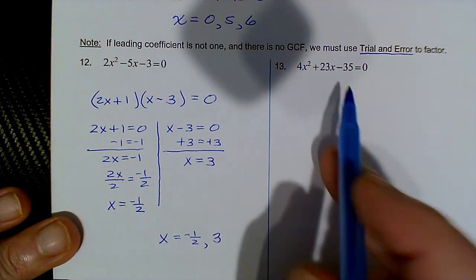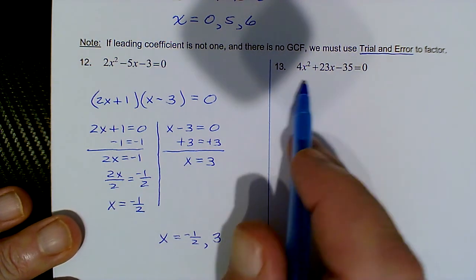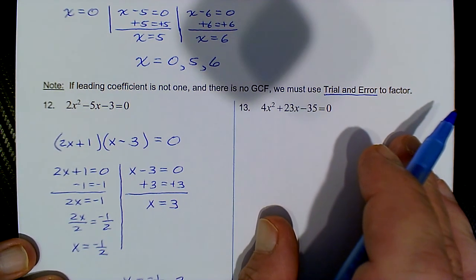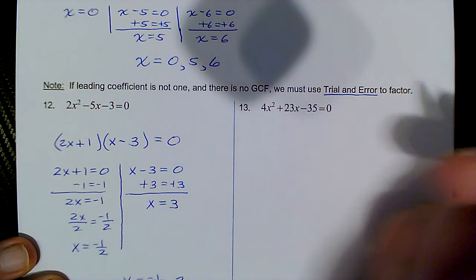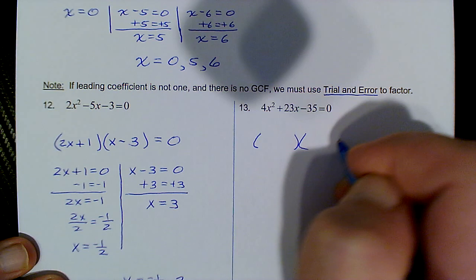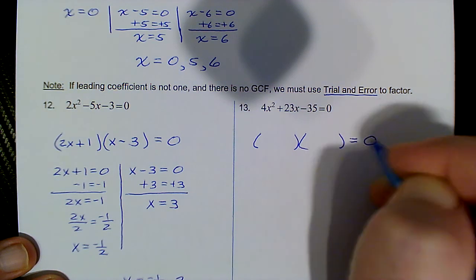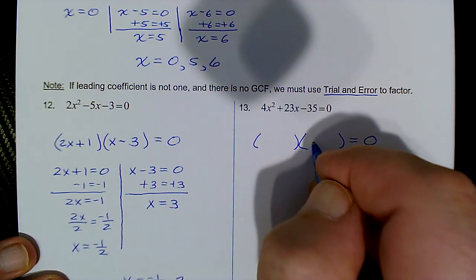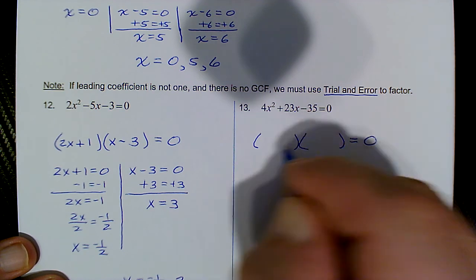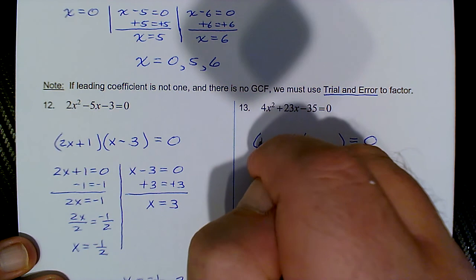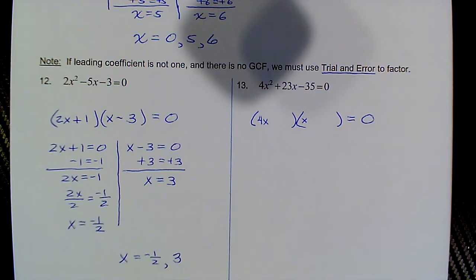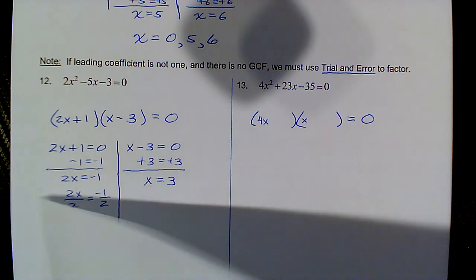Okay, so this one is even a little bit more tricky because there's more combinations. And for example, you could use a 2x when you set this up. You could use a 2x and a 2x and then exhaust all possibilities. But I've done that already on my own, so I'm just going to cut to the chase and do a 4x and an x. Okay, so see, if you did do a 2x and a 2x,